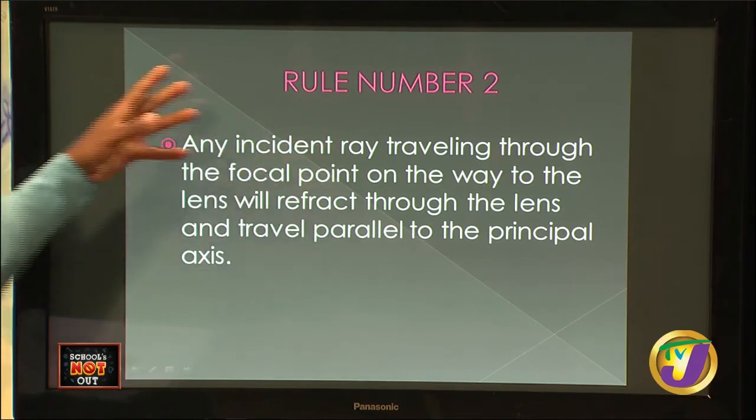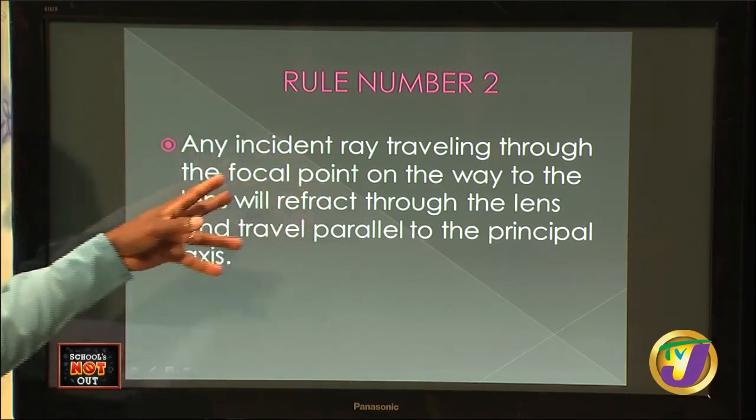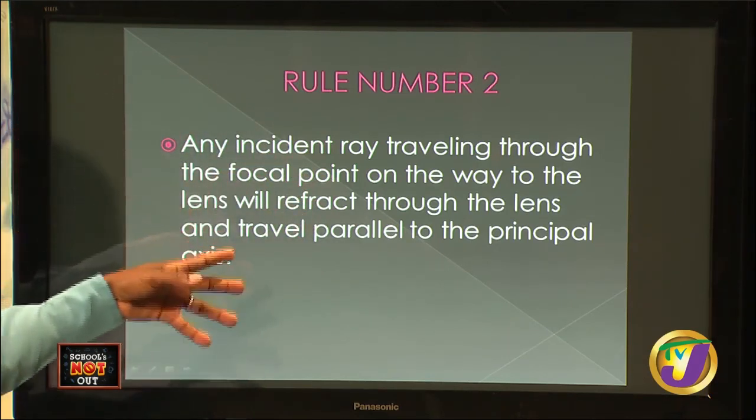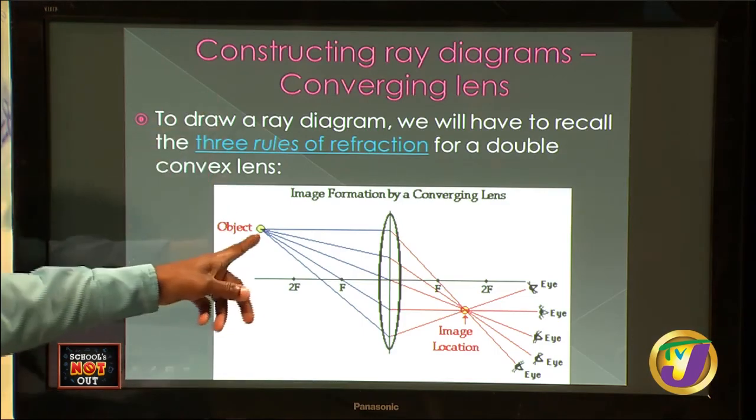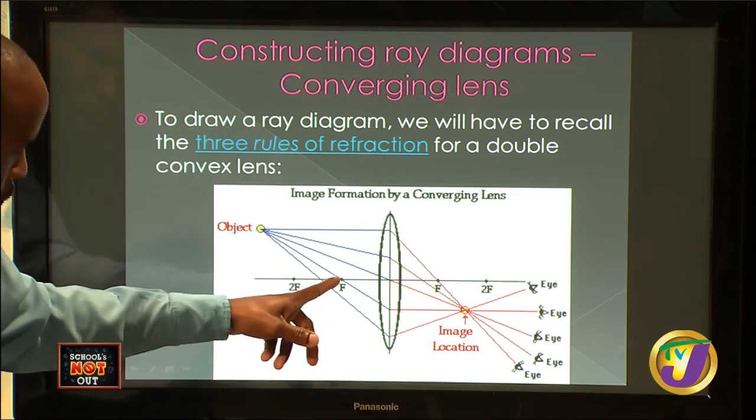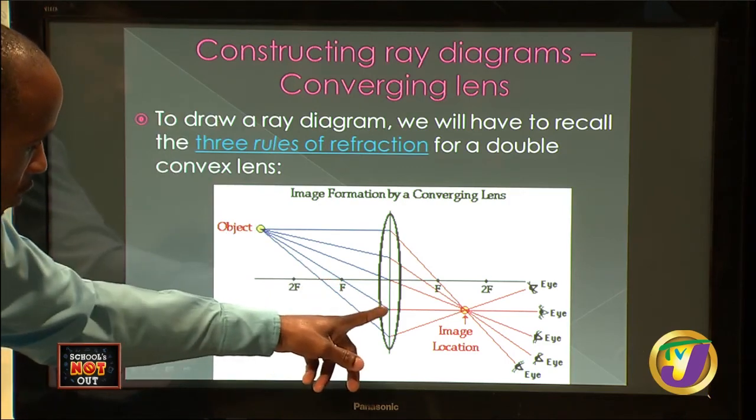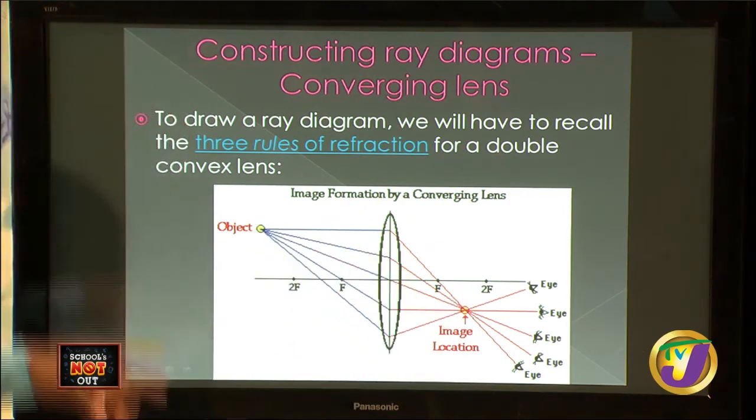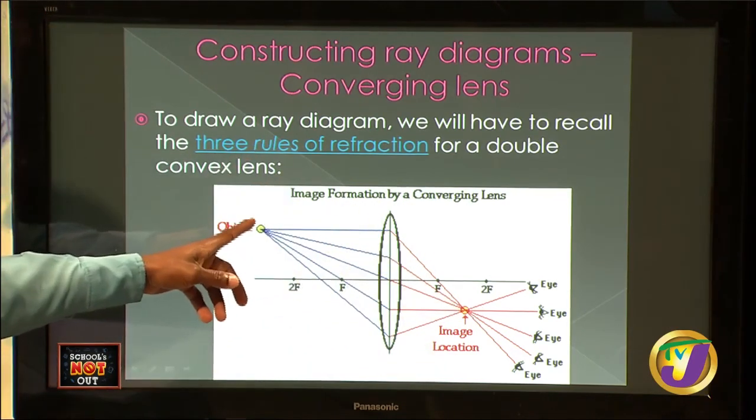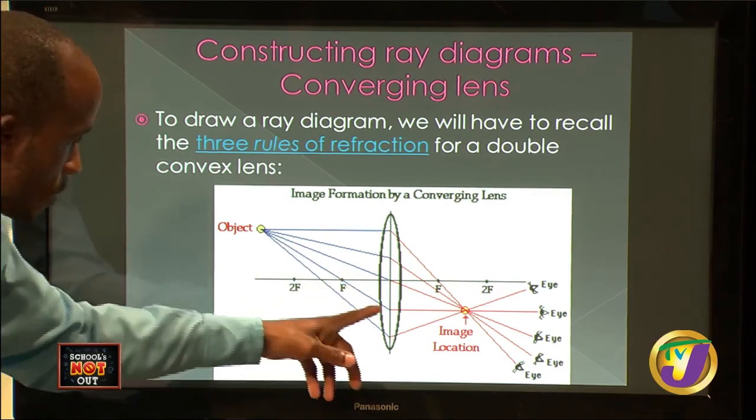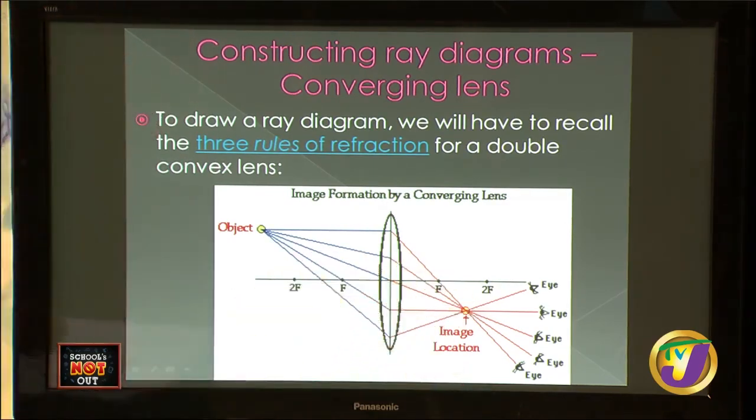Alright? Second rule. Any incident ray traveling through the focal point on the way to the lens will refract through the lens and travel parallel to the principal axis. So this now travels through the focal point, hits the lens, travels parallel. So before, parallel, hits the lens, through the focal point. This one now, through the focal point, hits the lens, travels parallel. And the third one,